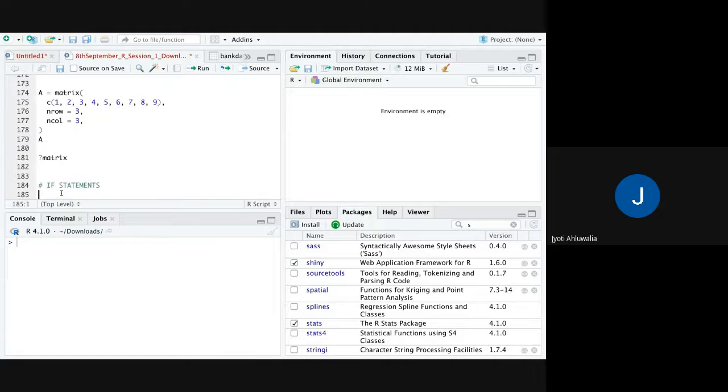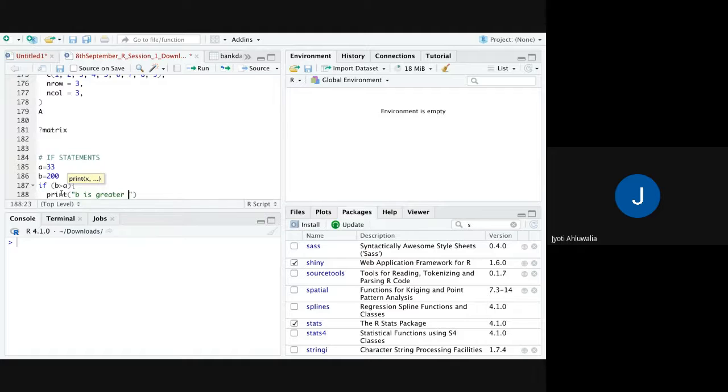Suppose A is equal to 33 and B is equal to 200. So if, in brackets, we write if B is greater than A, then we start with curly brackets, then print. What do we print? B is greater than A, and the curly brackets get closed here.